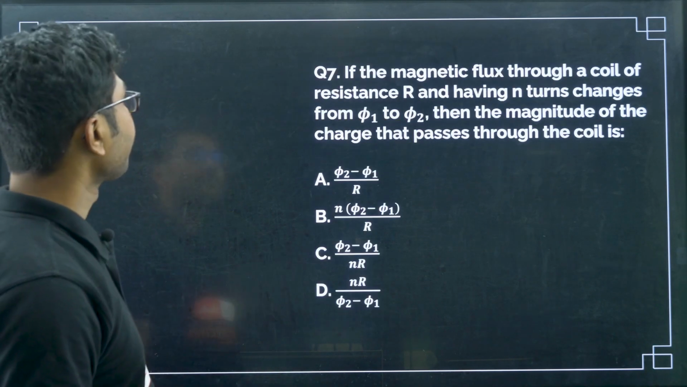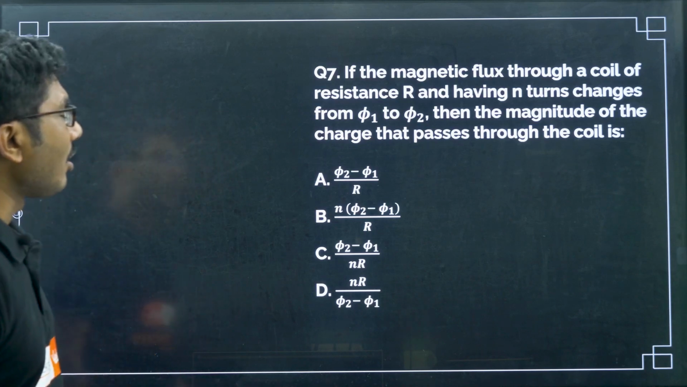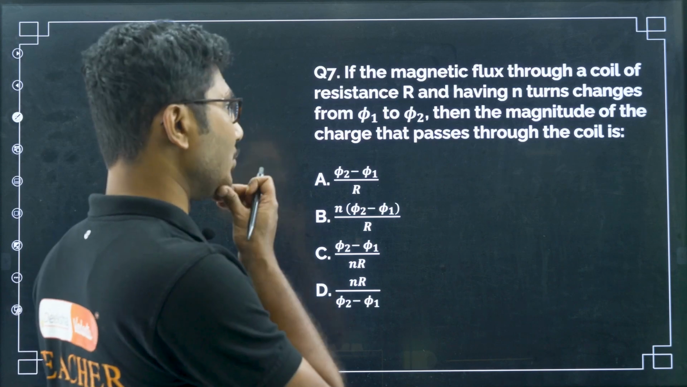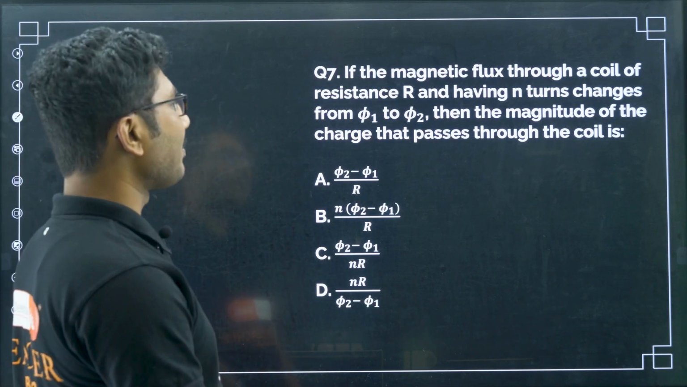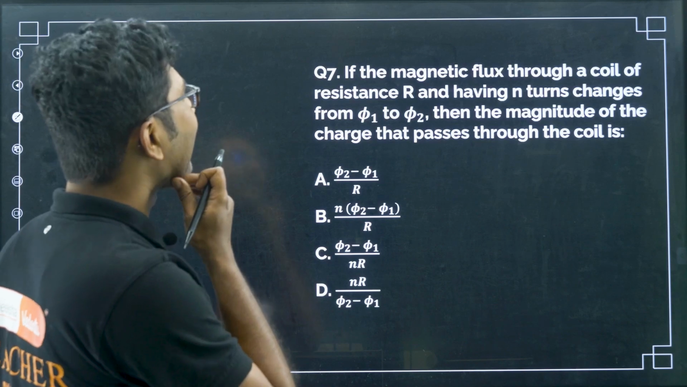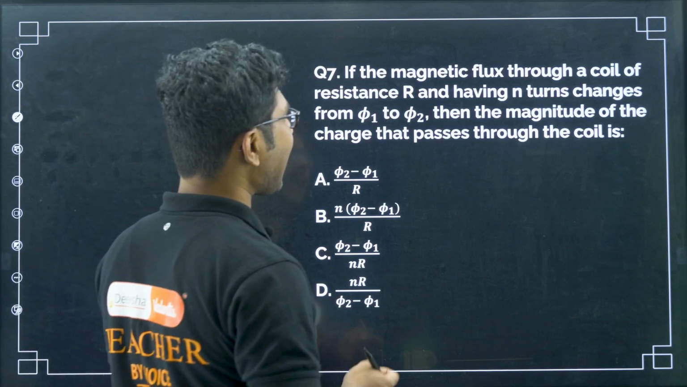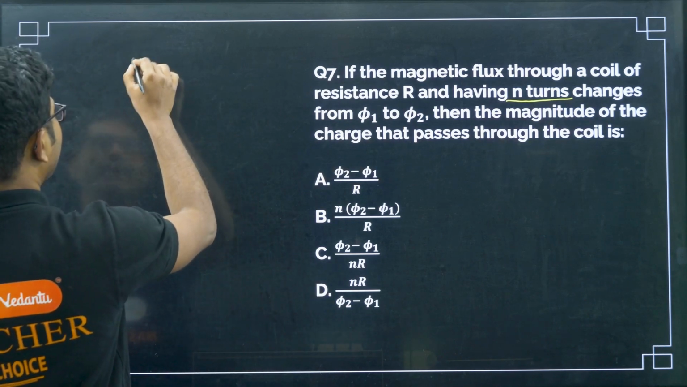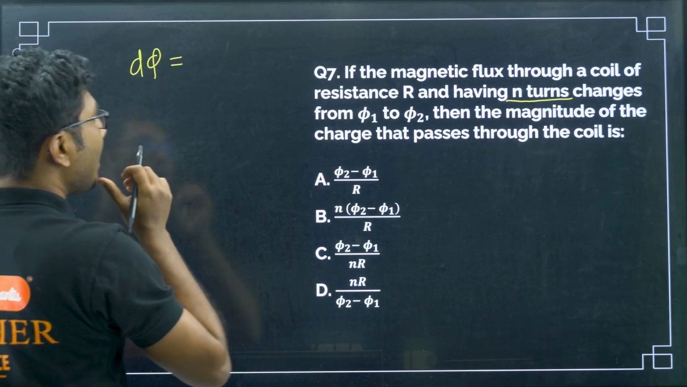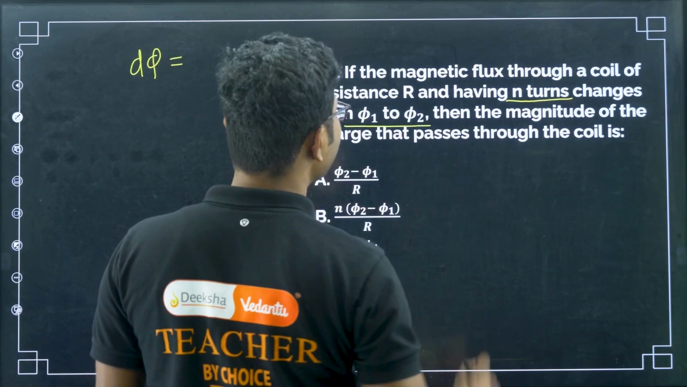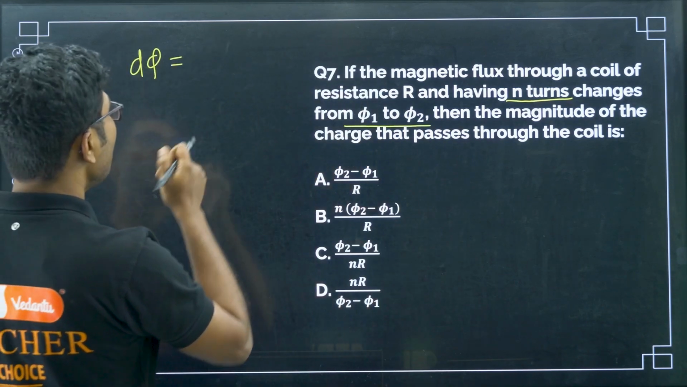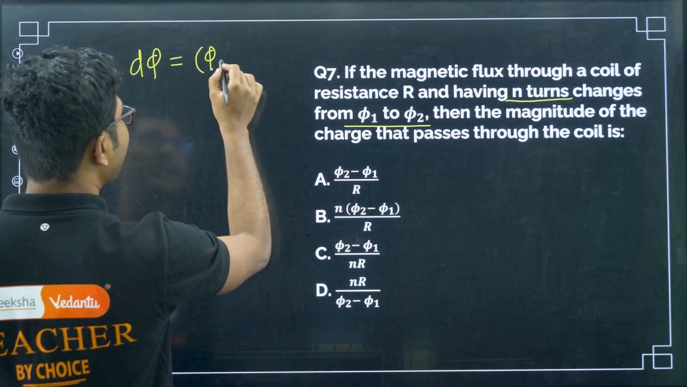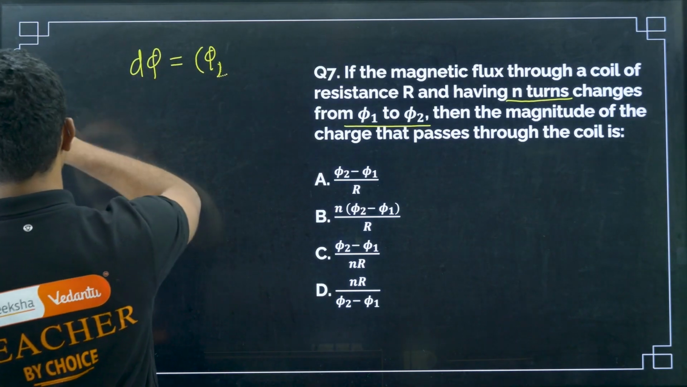Now, next question. If the magnetic flux through a coil of resistance R and having N turns changes from phi 1 to phi 2, then the magnitude of the charge that passes through the coil is. So, magnetic flux through a coil of resistance R and having N number of turns changes from phi 1 to phi 2. So, rate of change in flux is basically flux linked with each coil is phi 1, final flux minus initial flux,